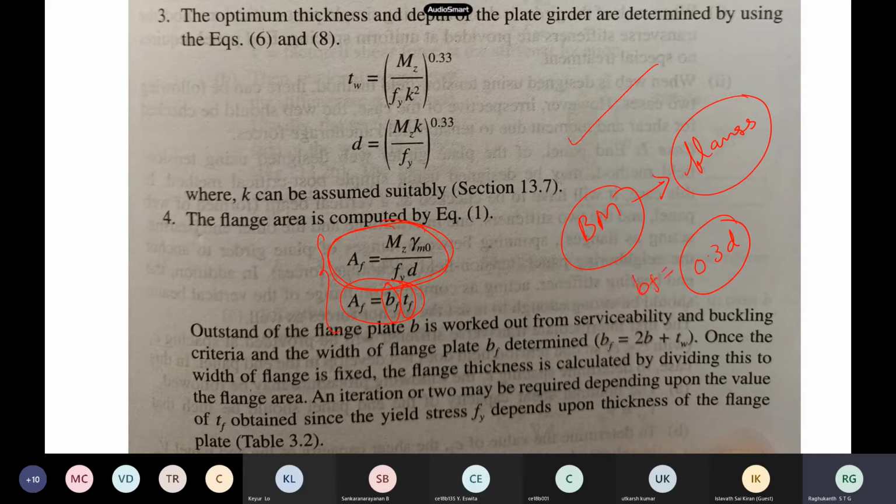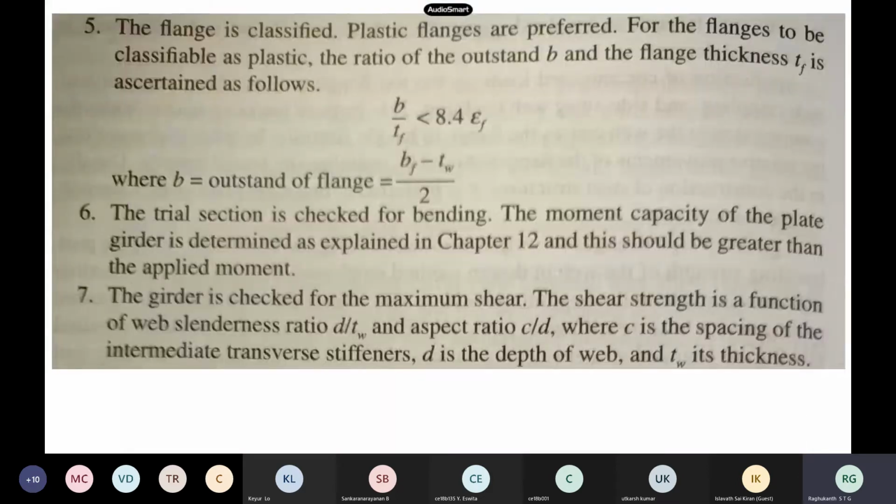Another guideline: if you are designing tension field and want plastic hinges to get formed in the flanges, then the flange has to be plastic. If the flange has to be plastic, we already know that b by t should be less than 9.4, 13.6. We have these guidelines. So from that you fix one and you fix the other thing also. So this is a guideline to find out the flange area.